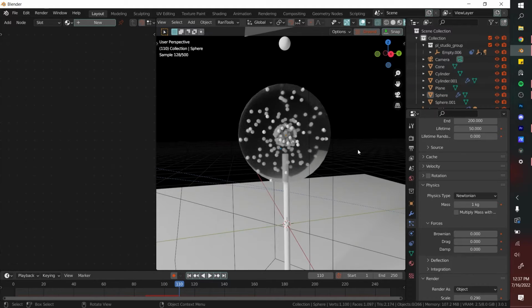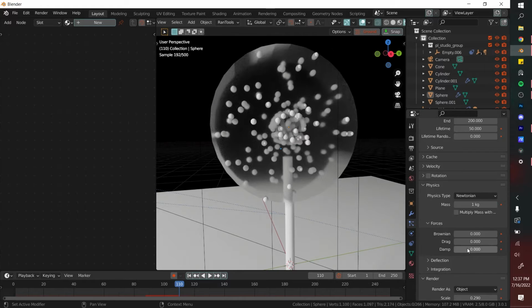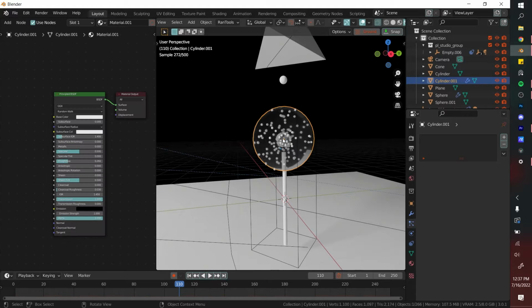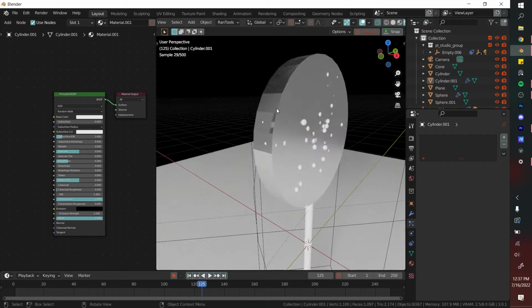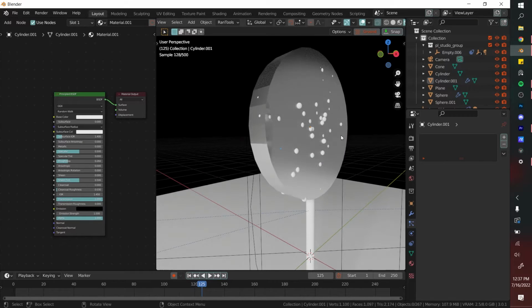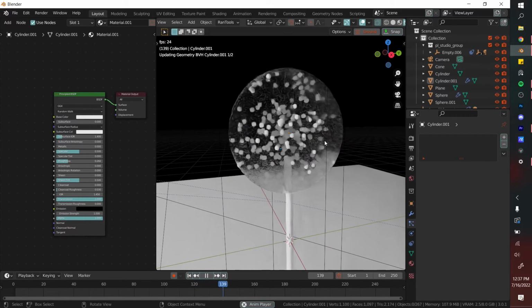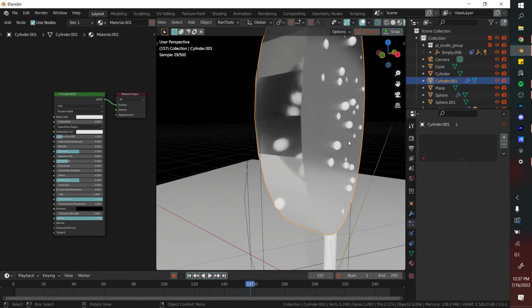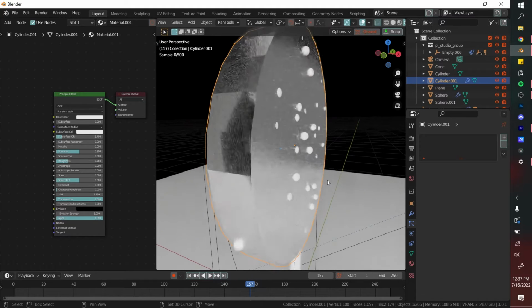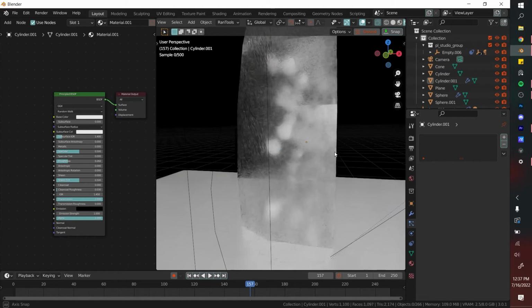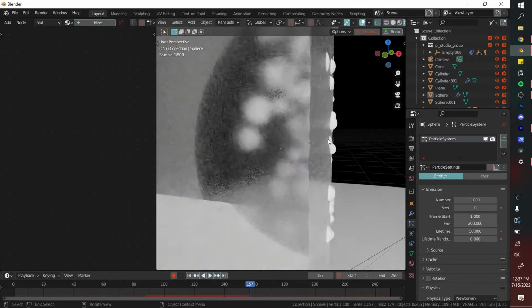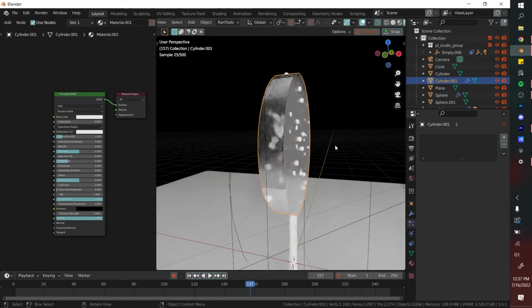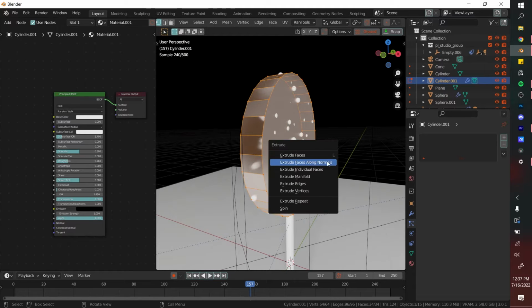I like to mess with these if I'm doing fireworks. So you can dampen the outside of the particles so they only go a certain amount. But considering that they're kind of stuck in this lollipop, it's not gonna matter too much. But what you can notice is some of the particles are actually coming out of the bounding lollipop, and the reason that's happening is because these particles are actually kind of big, and so to reduce the likelihood of that, you can